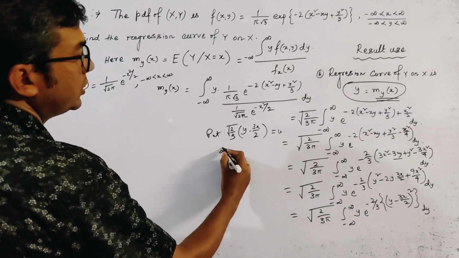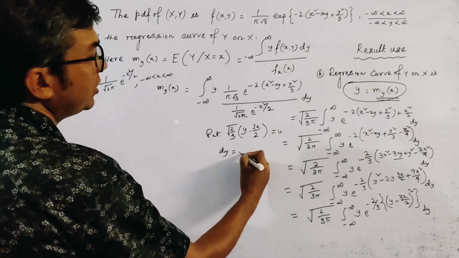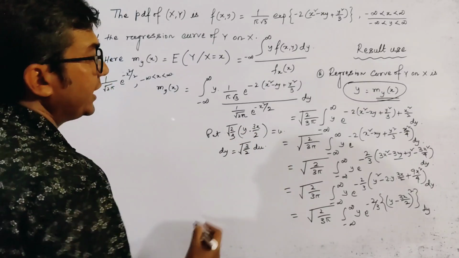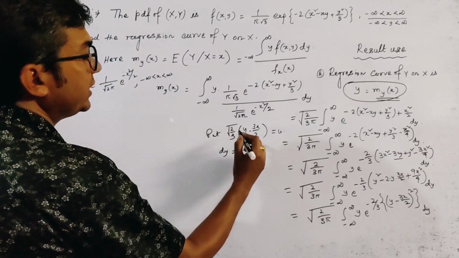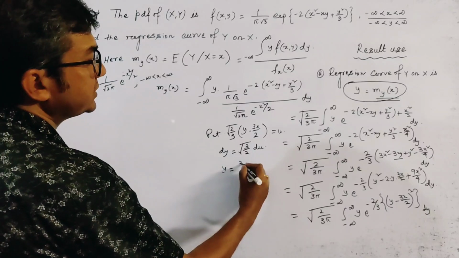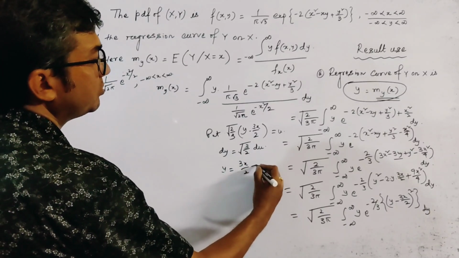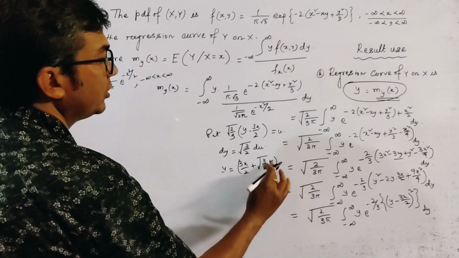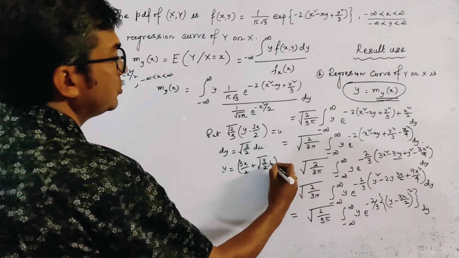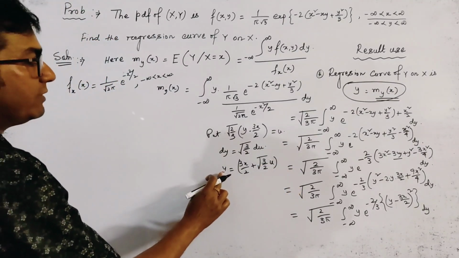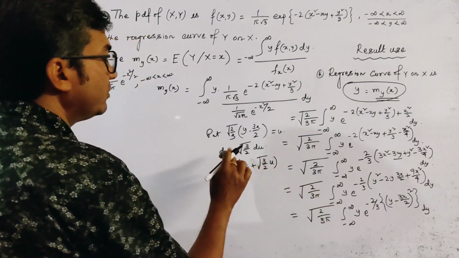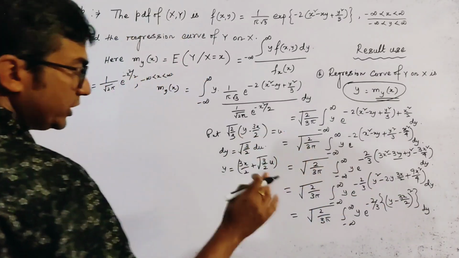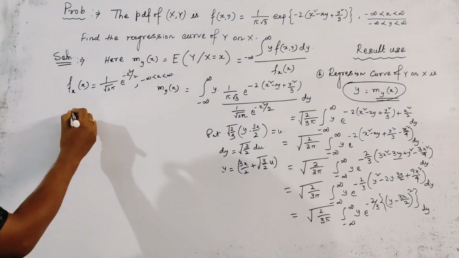So dy means root 3 by 2 into du, and again we have to find the value of y, which means 3x by 2 plus root 3 by 2 into u. Now we put the value of y here and the value of dy here, and putting this value of u, we get our result as